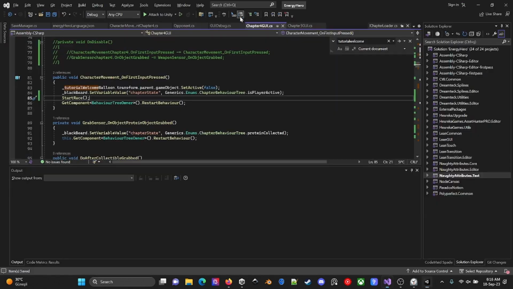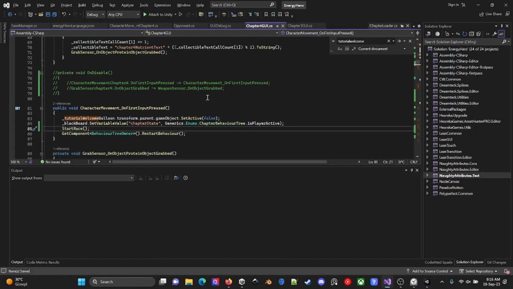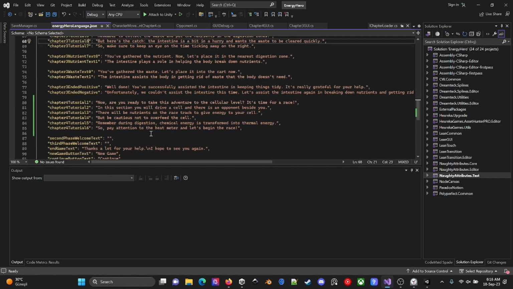The other thing I wanted was to gather input here. This is the first thing: the next button is responsible for starting the race right now. Pay attention to the heat meter and let's begin the race.